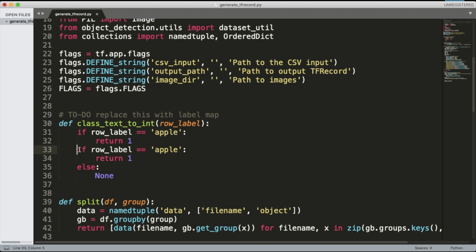As I have used two labels, apple and damaged apple, I will add them here. The int value which this function will return will be 1 for the first label, 2 for the second label, and so on. As I have only two labels, this function will return 1 and 2.